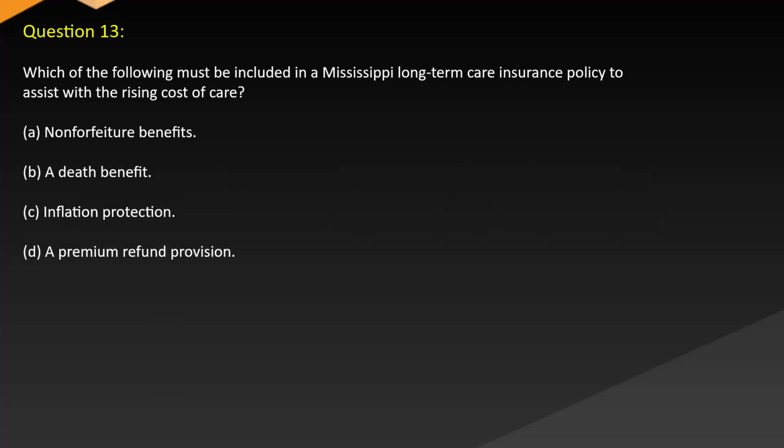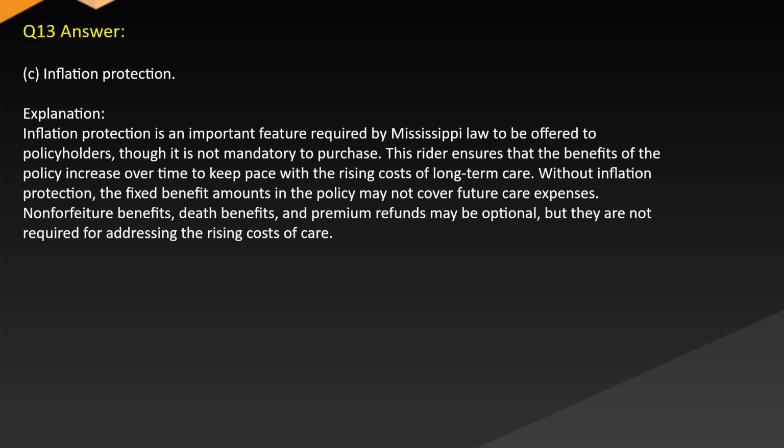optional features. Question 13. Which of the following must be included in a Mississippi long-term care insurance policy to assist with the rising cost of care? A. Non-forfeiture benefits. B. A death benefit. C. Inflation protection. D. A premium refund provision. Answer C. Inflation protection. Explanation: inflation protection is an important feature required by Mississippi law to be offered to policyholders,